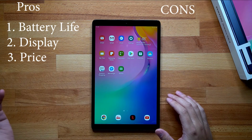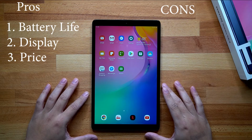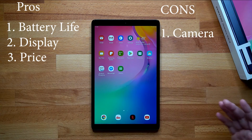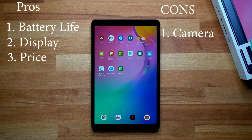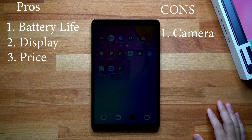And then the cons for this tablet is that the camera quality is not so great. That is a drawback if you're looking for a tablet to take photos on or to video conference or take selfies. This is not the tablet you want to get. Don't get me wrong, the camera quality is all right, but it's definitely not worth it if you're wanting to